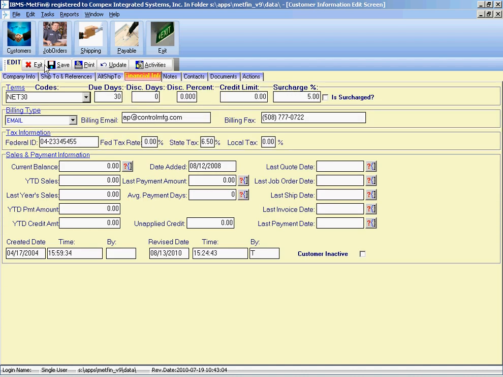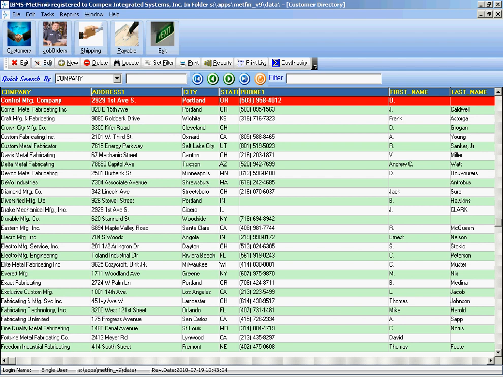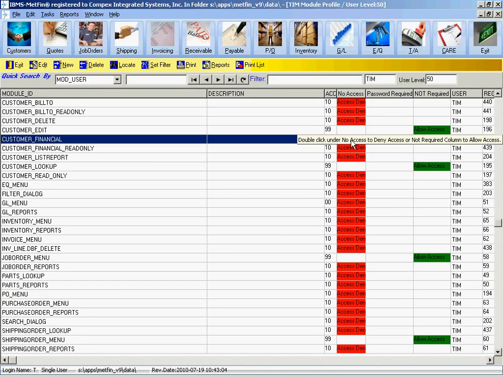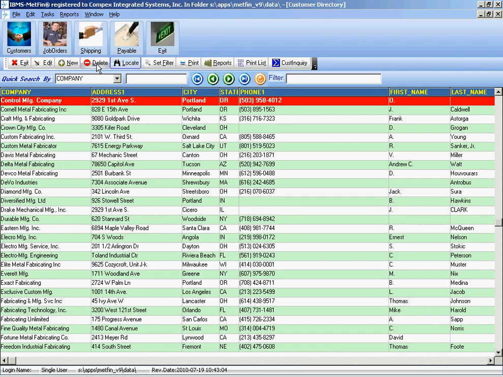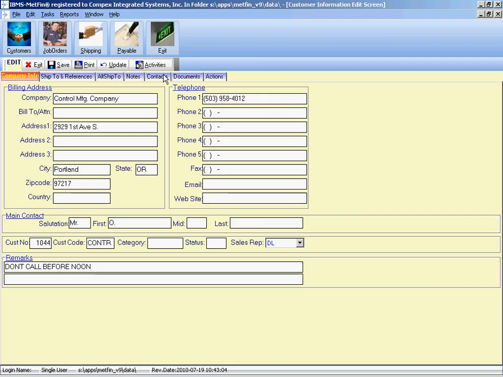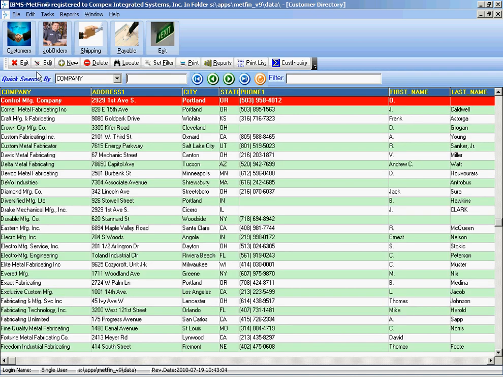And you may give him that temporarily so he can go in there and look at it, but then you can just take it out again by changing this to red, and he will not be able to see it. There's no financial information. Let me demonstrate the password require feature,